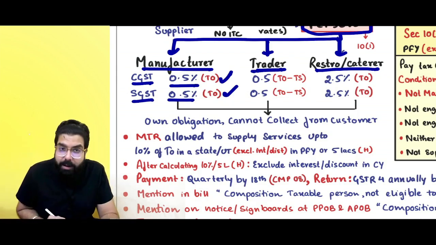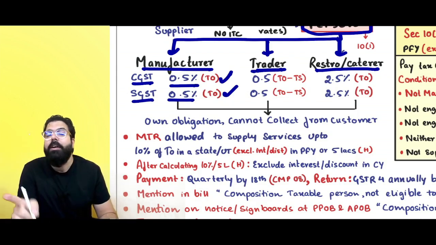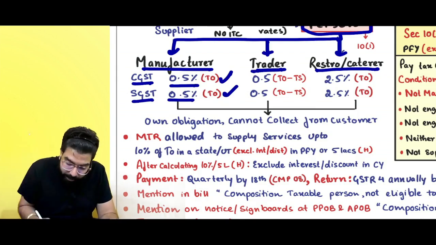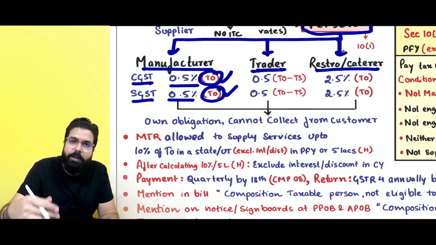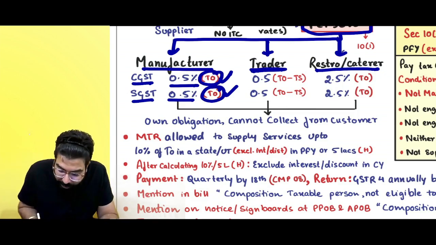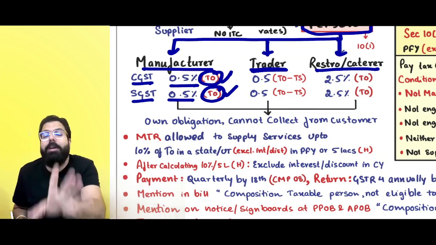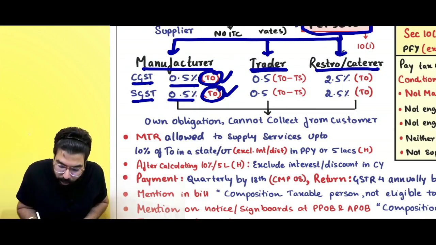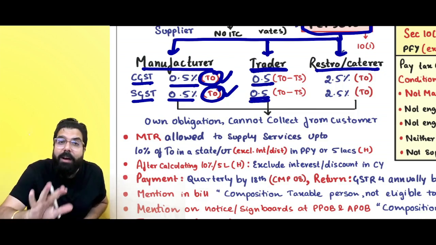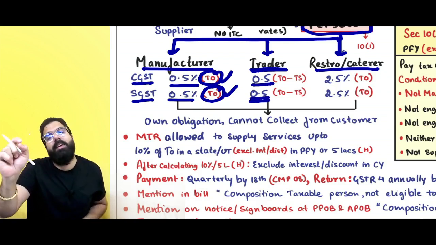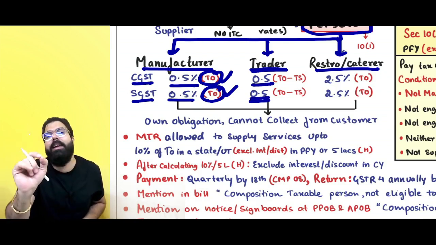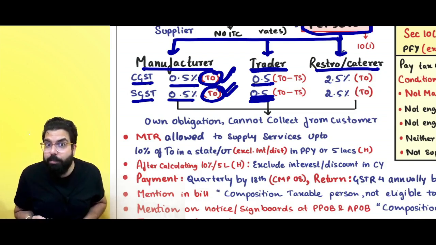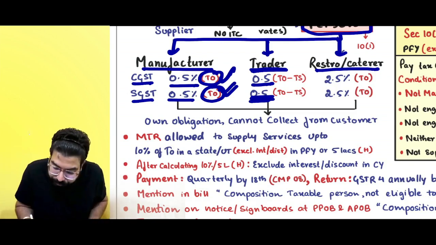Okay, sir. If I am a trader? Remember one thing, for a trader, it is specifically stated that you have to pay GST not on the whole turnover. Turnover includes taxable supplies and exempt supplies also, but for a trader, it is only the taxable turnover, the taxable turnover of taxable supplies. You pay only 0.5 and 0.5 on taxable turnover. Basically, if the GST rate is 0% on something, then it is an exempt supply. On exempt supply, a trader will not pay, but manufacturers do pay on exempt supplies also. Be very careful in the exam.